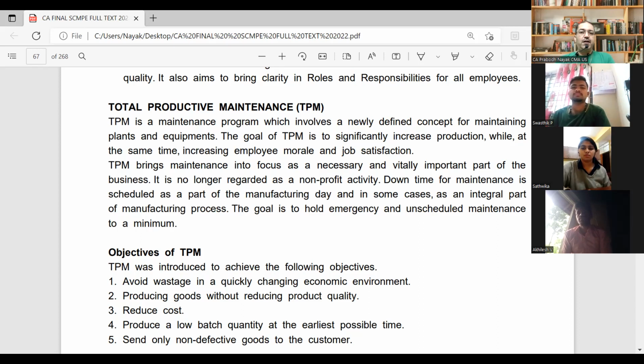So from the modern management point of view, the cost management point of view, we have to understand that maintenance is as important an activity as any other activity in the production process. Modern cost management is always dealing with producing more, reducing cost, and increasing profit, at the same time improving quality. So quality, when we are focusing upon maintenance, is the prime factor that should be considered.